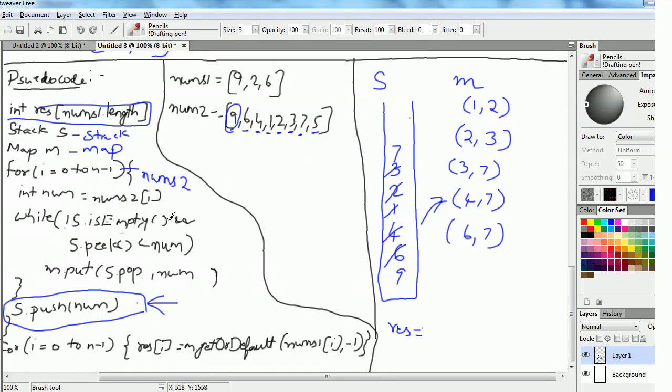So while stack is not empty, and what's the top element? It's 7. So 7 is not less than 5, and we just push 5. At this point, we have reached the end of the array, and the for loop terminates. So this for loop will terminate after reaching 5. Okay, so if you look at the map,